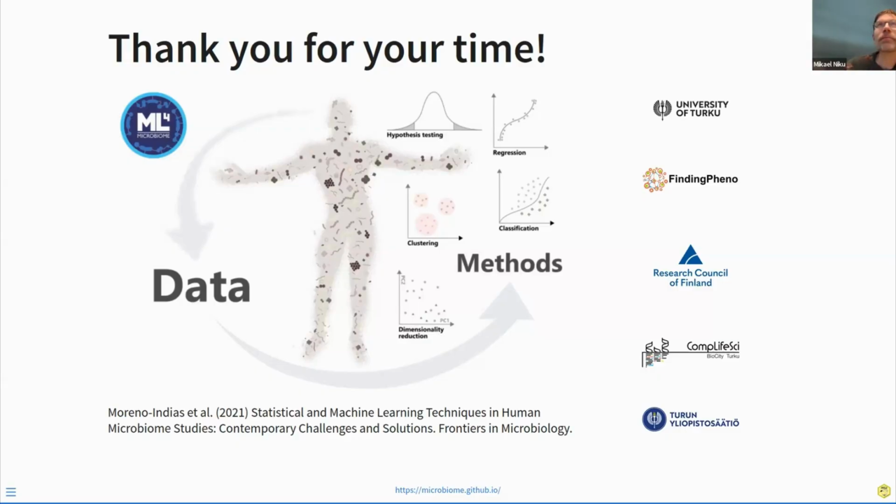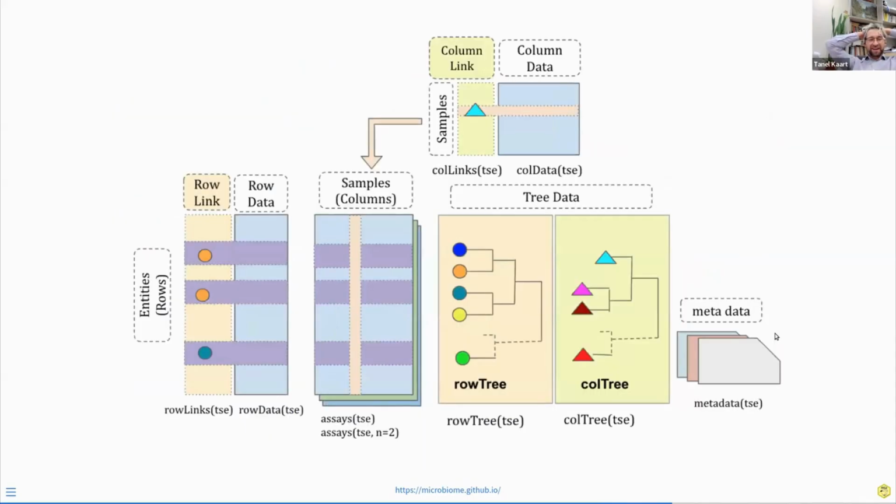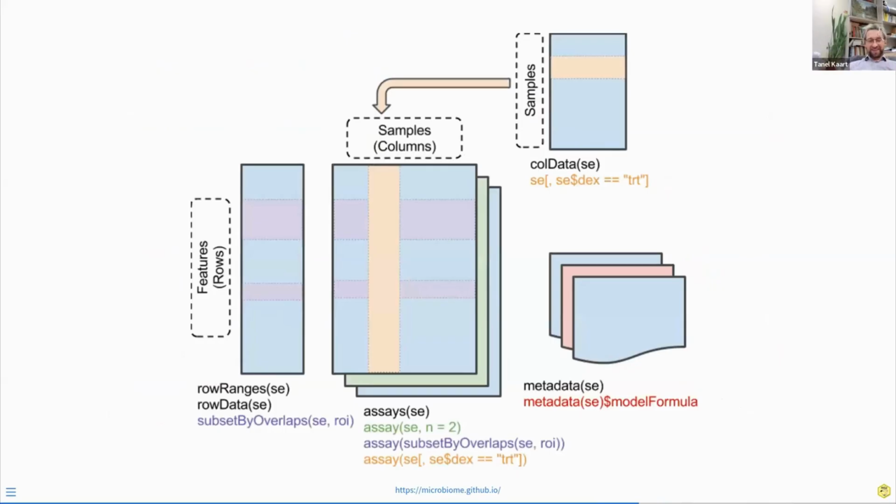Yeah. Can I have one short question, Tuomas? Yes, of course. I'm just interested in why you have built the data containers in the way that you have, with samples in columns and species in rows, because classically in data analysis, data tables are built the opposite way, with samples in rows and